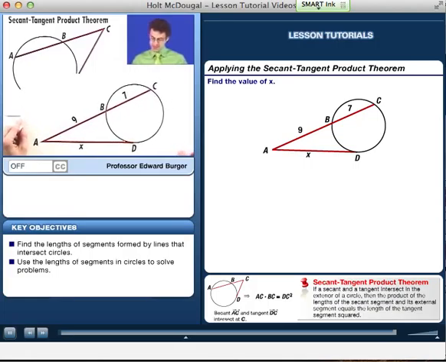and see if we can figure out what x has to be here. So here I know that this right here is 9, this length is 7, and I'm trying to figure out what the length of this line segment is, which is called x. Well, how do we proceed? We know that this entire thing multiplied by this is going to equal x squared. And so I see that x squared